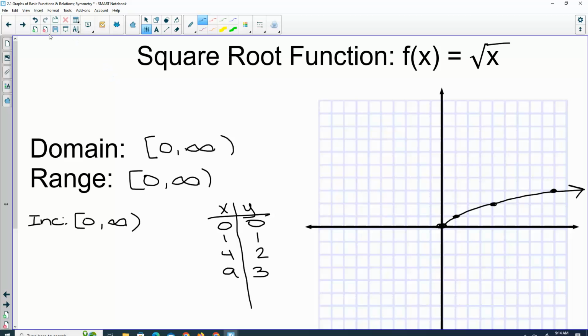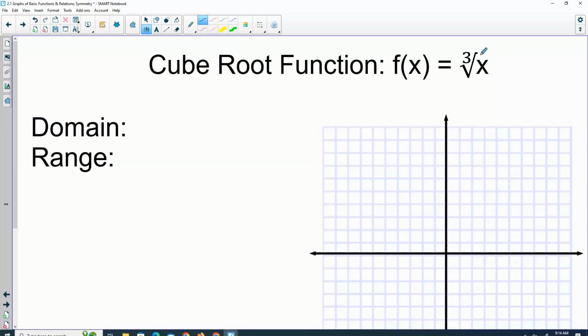I want you guys to take a few minutes and see if you can figure out for the cube root, what would your points be on the graph? So if you put in 0, what's the cube root of 0? What is the cube root of 1? Okay, does the cube root of 2 give you a nice answer? No. So what x did you plug in next? The cube root of 8 is 2. So 8, 2. Can you do cube roots of negative numbers? Yes. Cube root of negative 1 is, cube root of negative 8 is